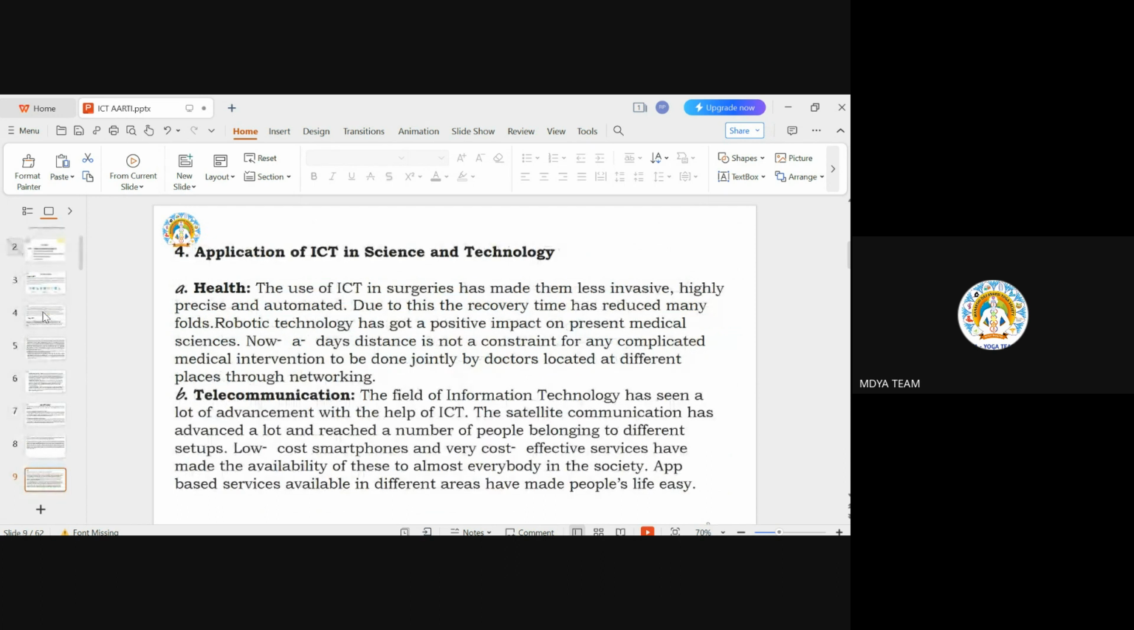Now, application of ICT in science and technology. How does ICT help in science and technology? First is health. How does ICT help in the health department, like surgeries? Surgeries are now made more